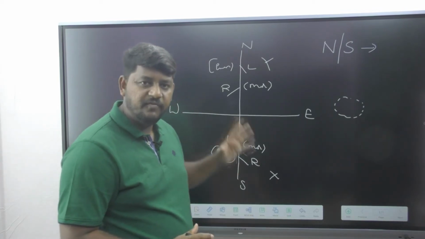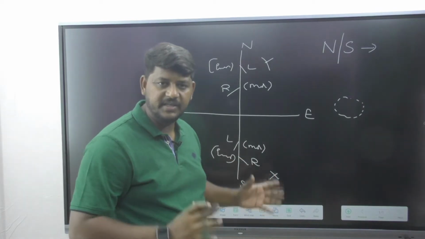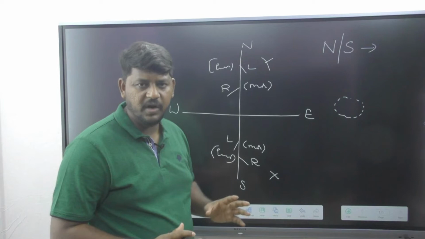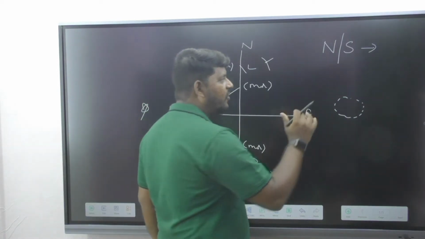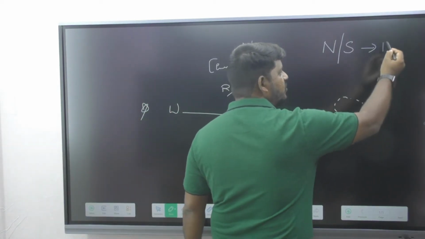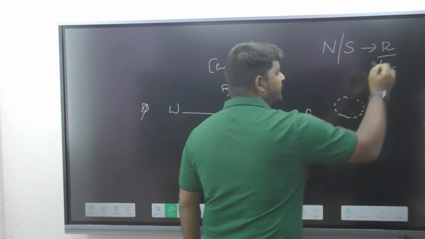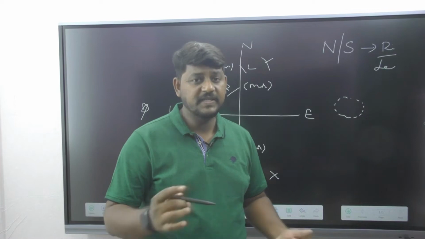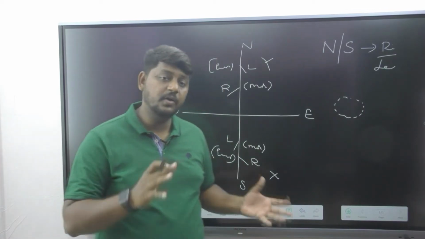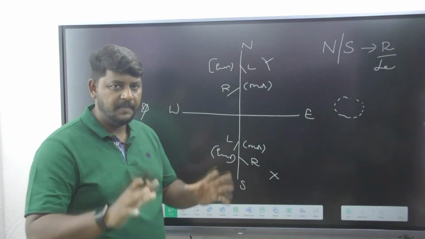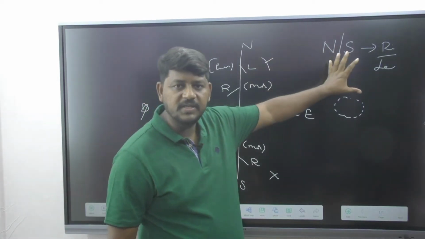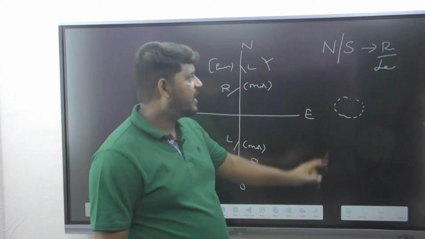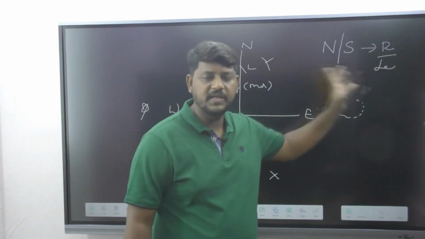Please remember, if two persons are facing each other towards the north and south, whether it is morning or evening, by default they are going to observe their shadow towards the right side or left side. They are never going to be observing their shadows towards their front side and back side. Now when is that going to be happening? Let us observe here. Now I hope you are clear with this. If persons are standing at north and south, definitely they are going to observe their shadow towards their right side or left side.